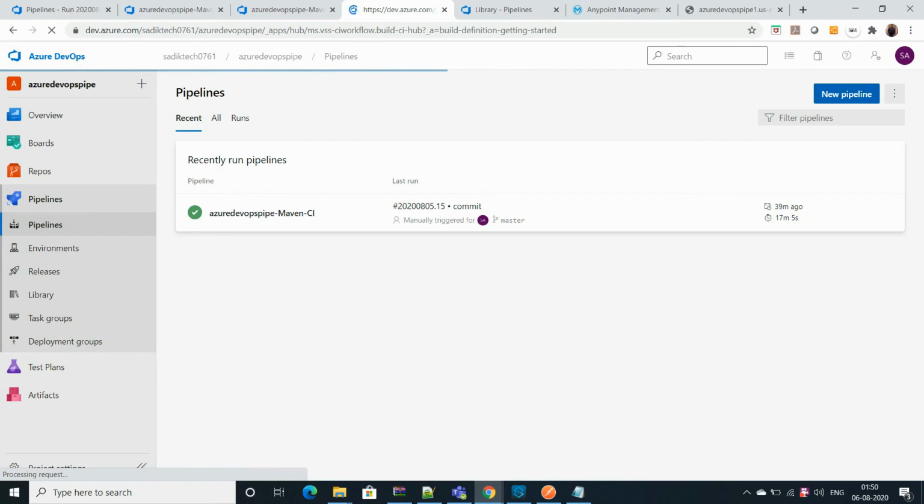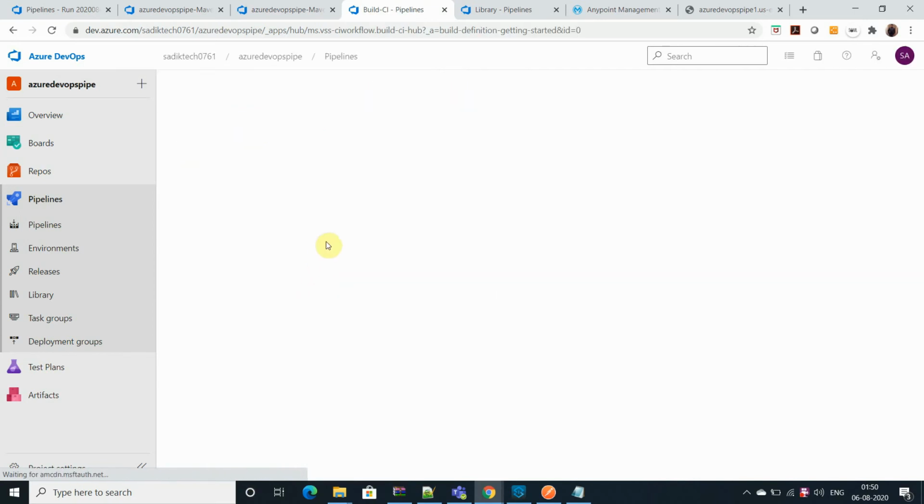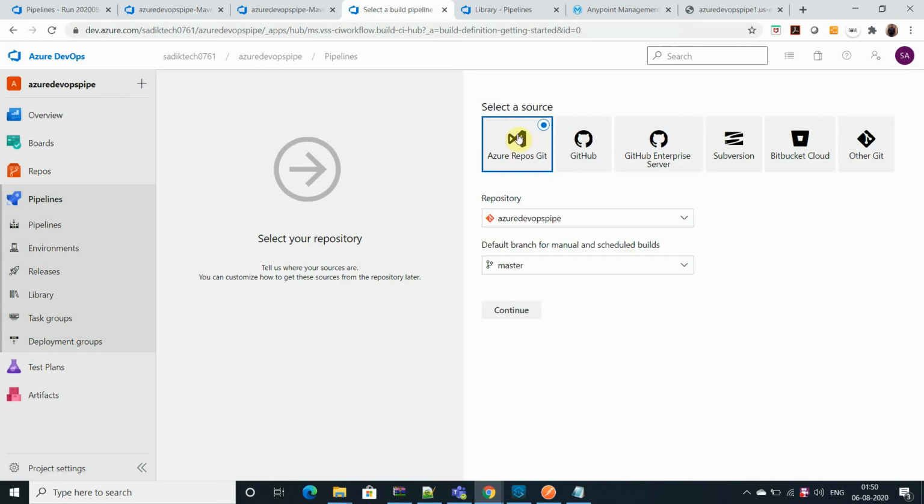Now you can use the default pipeline scripts associated with these repositories, but I'll show you how to perform this operation in a very simple way. Click on the classic editor, and select whichever repository you want to associate.